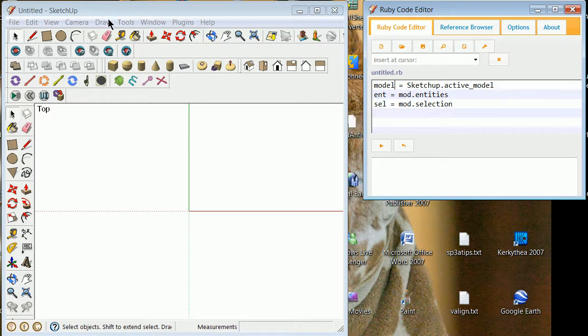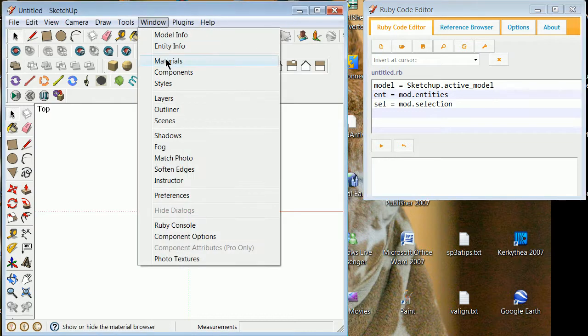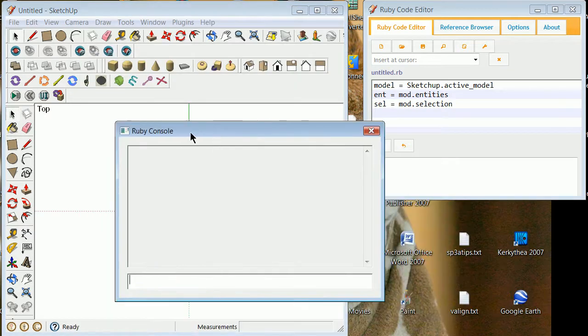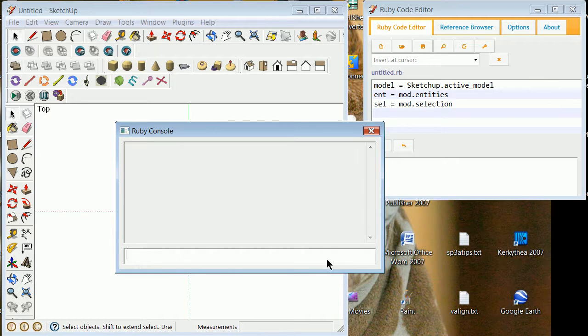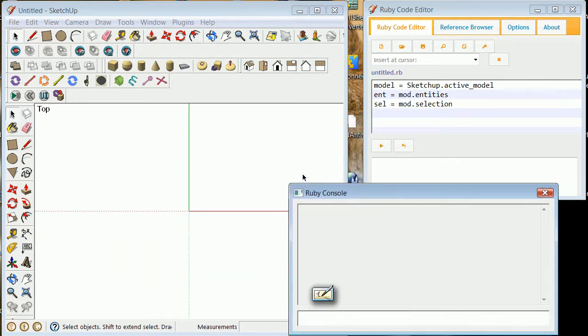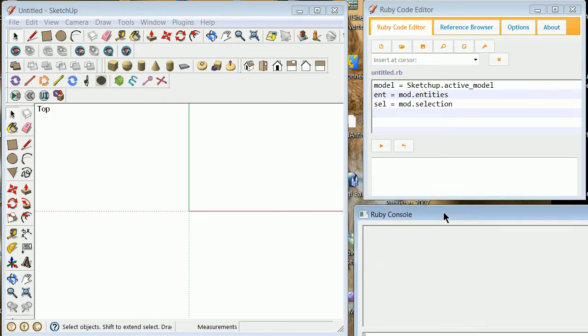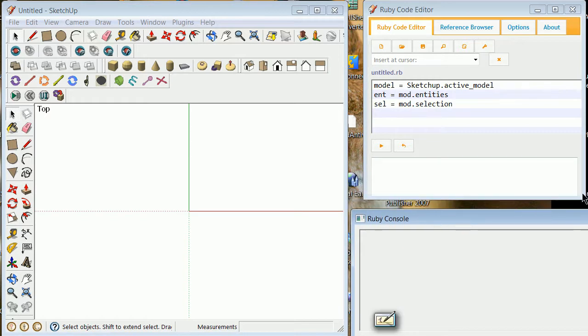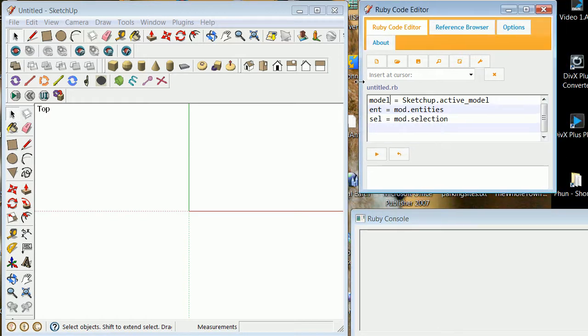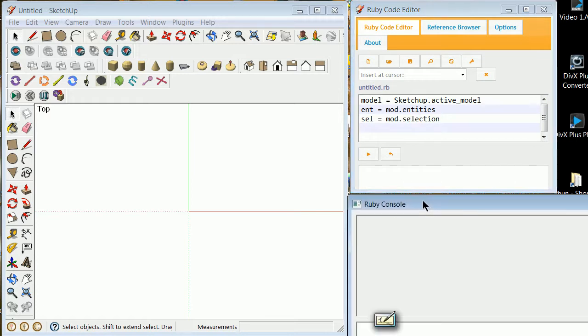So I give to you now the Ruby code editor and SketchUp here, and I'm going to bring up one other window, and that window is in fact the Ruby console, and we'll see if we can get that to fit down here in the bottom right. Right now, I'm putting these videos at 1280 by 720, and maybe later get with the program and go a little higher. This is going to probably tend to wash out a little bit, but we'll put this one here. And showing you how simple and straightforward it is to not necessarily go with the easy, but go with the transferable when it comes to doing animation and